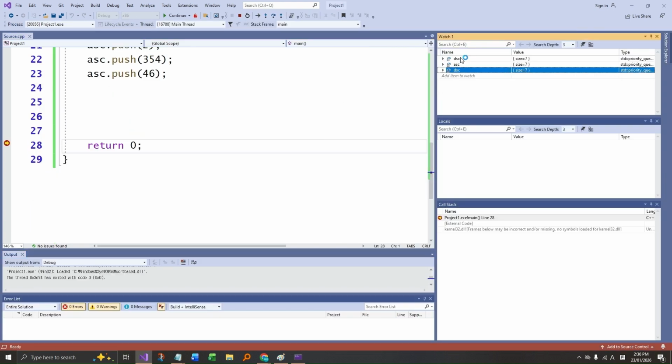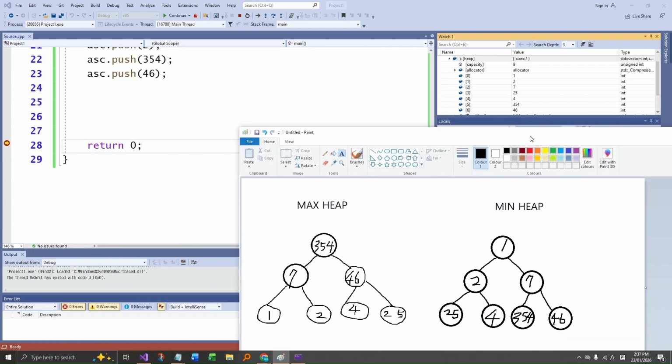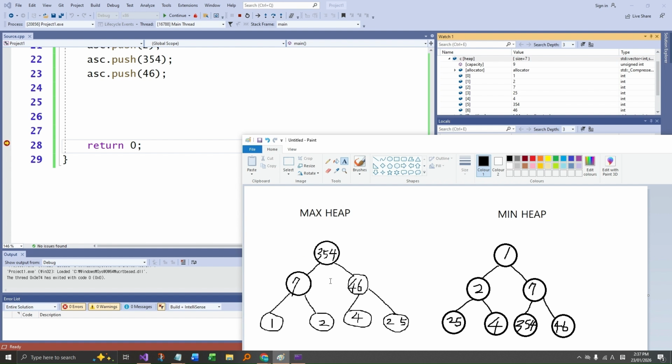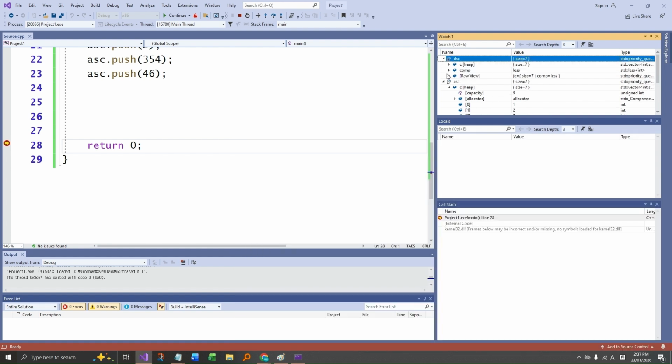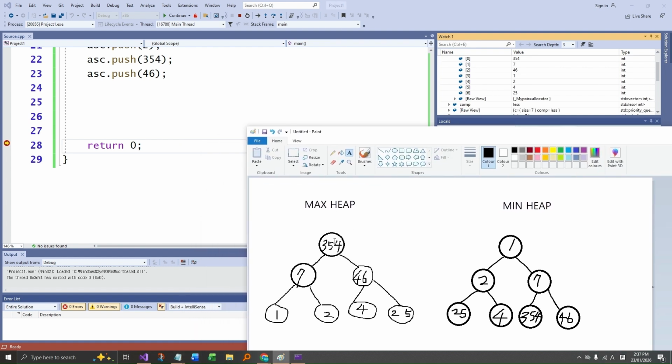Well, as you can see, you might be a little bit confused with the order of the data, or when it comes to min heap, you might be confused with this order as well. But if you just draw the heap tree, binary heap tree based on this order, you can probably notice that this is the right order for the descending order or the ascending order. And so